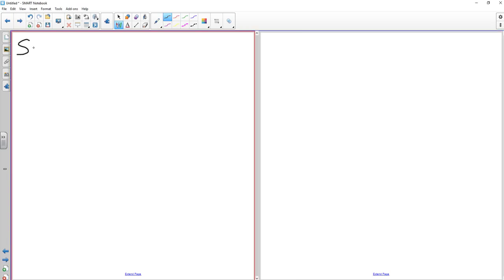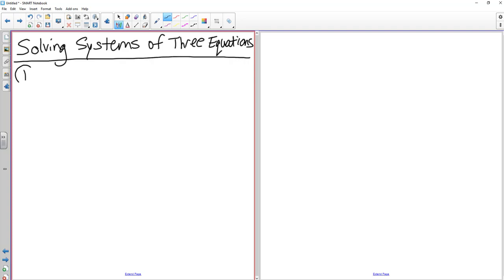So solving systems of three equations. I have two screens up because we are going to put some steps on one side as we solve an equation or a system. If you're writing this in a notebook, I would leave maybe 6, 7, 8 lines before you write your example. So the example we're going to do is 2x minus y